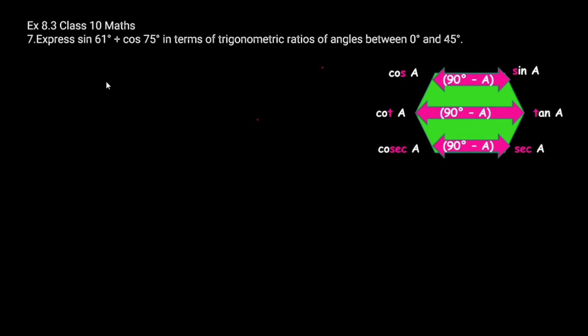Now let us solve the last problem in this exercise. Express sine 61 degree plus cos 75 degree in terms of trigonometric ratios of angles between 0 and 45 degree. Here observe the question. 61 degree is greater than 45 degree and 75 degree is also greater than 45 degree. We have to transform these terms to angles between 0 and 45 degree. That is, these two angles should be less than 45 degree. Okay, and now let us consider